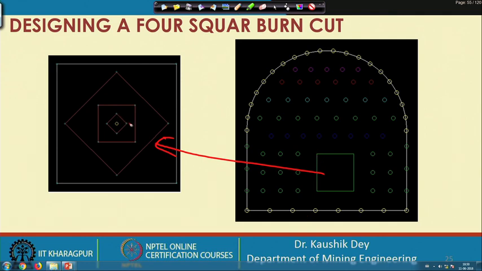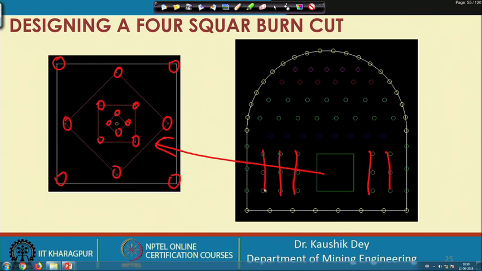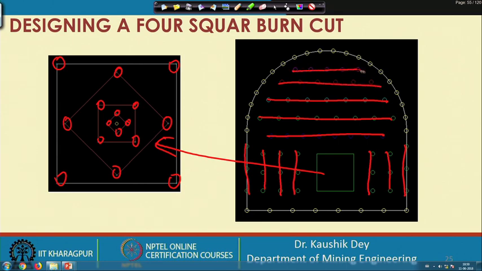So, these are the first delay, then the second delay, then the third delay, then the fourth delay, then fifth delay, sixth delay, seventh delay, eighth delay, then 9th, 10th, 11th, 12th wall contour hole, then 13th, 14th, 15th, 16th, 17th, 18th, 19th, 20th, 21st. Okay. So, this may be the sequence.